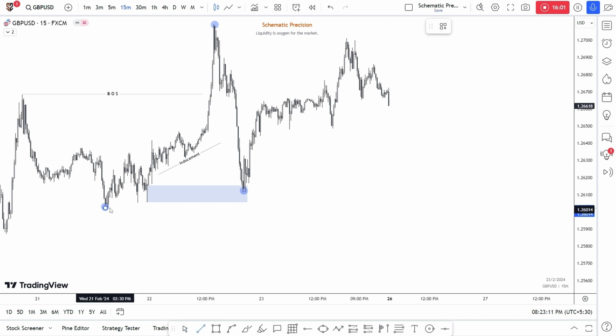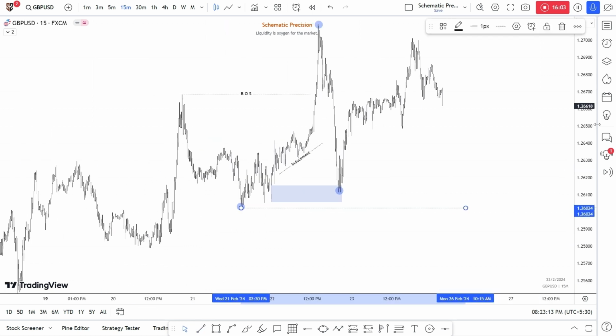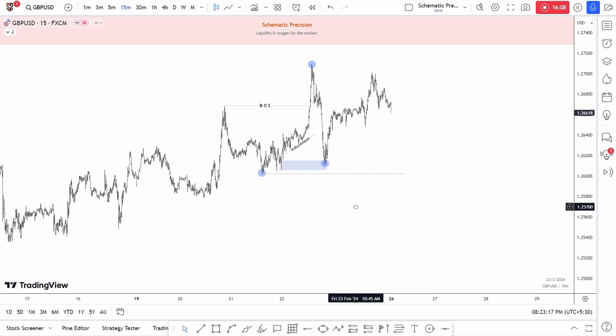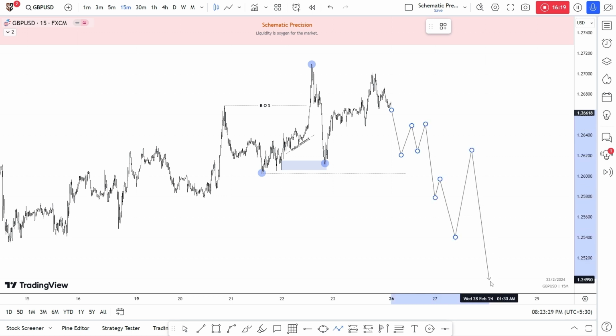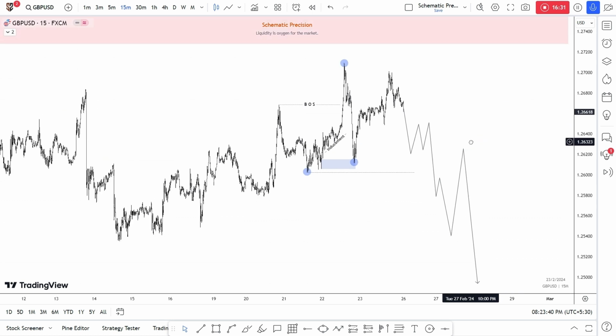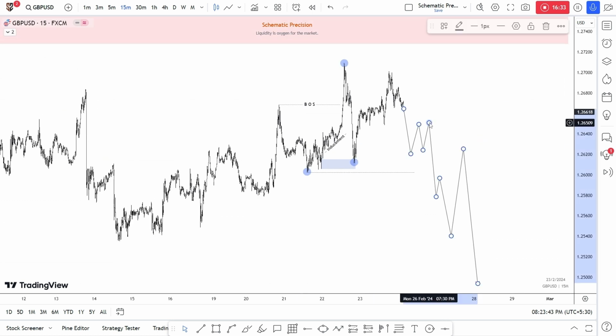which is, let me mark, if price comes down without taking this high and breaks this low, then the structure will be changed. And if we see something like this, price comes down, then we can look for shorts after taking of the inducement here and mitigation of the last supply, whatever that will be. So these are the two scenarios on GU.